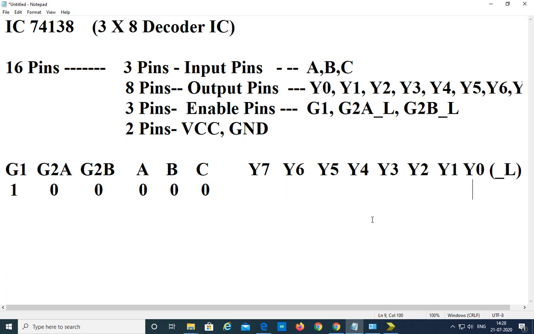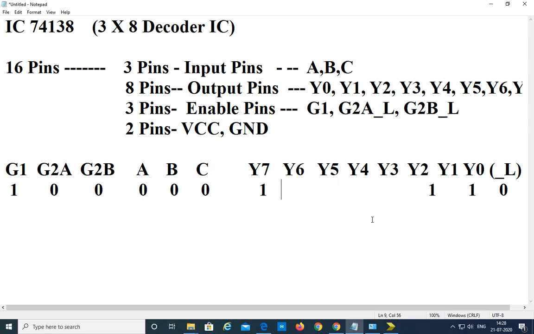What is the meaning of Y naught pin is activated? It means Y naught is 0. Why? Because the outputs are active low. Y naught is 0, that is, it is activated, and the remaining are inactive, means these are active low. So that's why if these are ones, then we are saying that these are inactive.